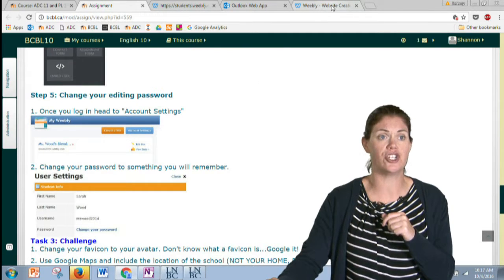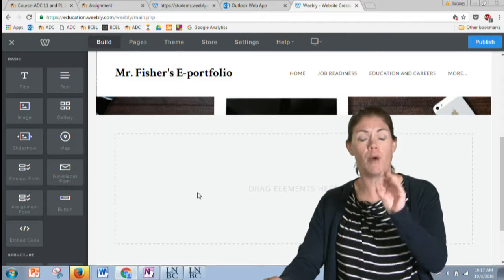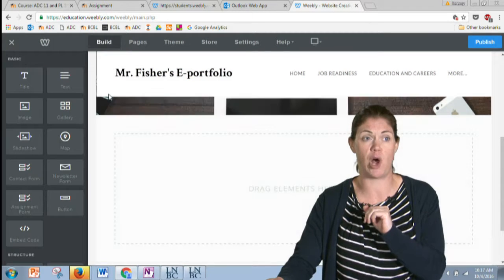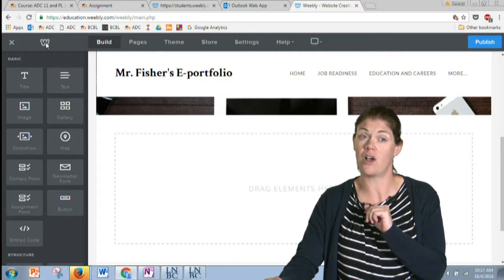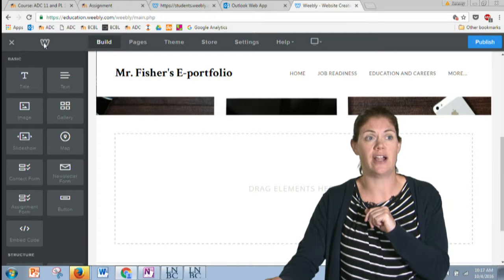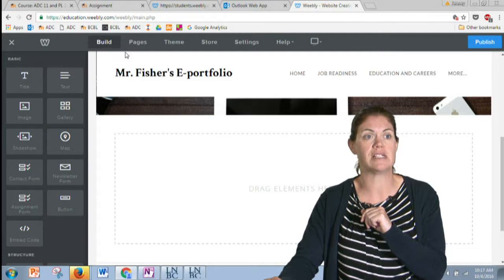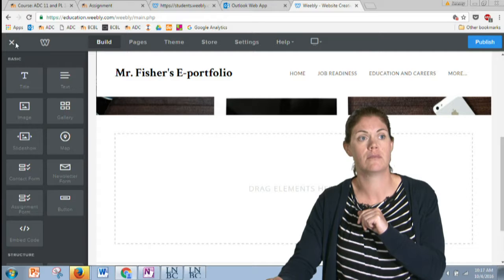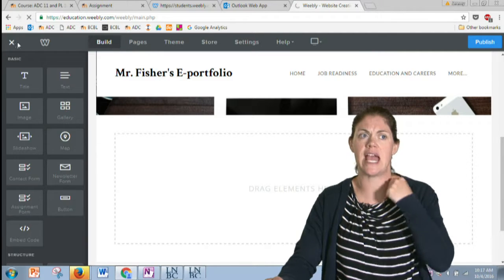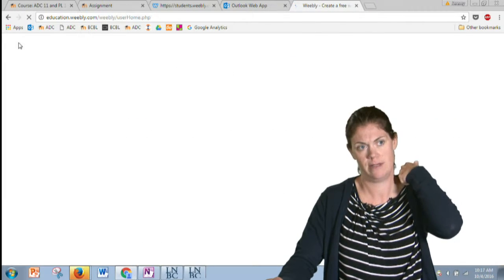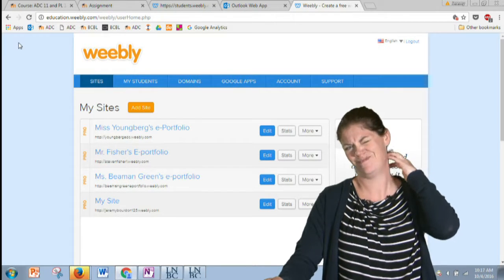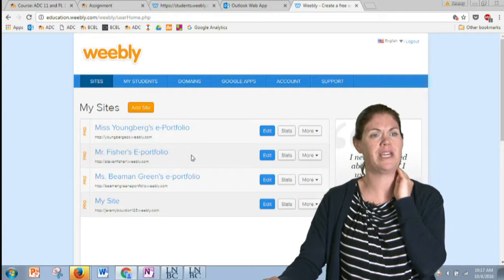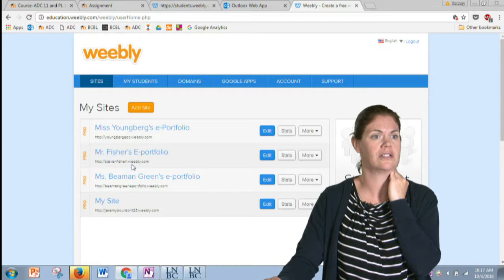When you are back into your Weebly, probably most of you guys are at this spot. If you guys just go back to and click on the little Weebly icon in the top left-hand corner, if you click there, oh, maybe it's because maybe I need to hit the X. Maybe it's the X you guys need to hit. Let's try that. Oh, no. It's probably because you guys are,